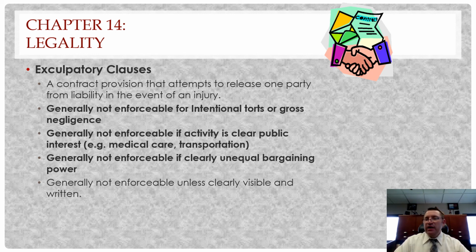And again, they're also generally not enforceable unless they were clearly visible in the first place, right? You knew exactly what you were agreeing to. Usually you initial something or check something to agree to this particular situation, and you sign them all the time. Again, those apps that we talked about that you have on your phones, you usually agree not to sue them if something happens to your computer, unless they were grossly negligent or the program was so bad that it infected your computer, whatever it may be. It has to be a gross negligence situation. It has to be clearly visible, and usually they are. You have to say, I agree to all these terms, and that's how it works. Okay.